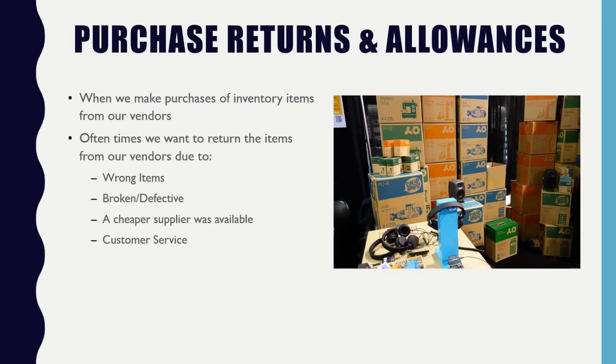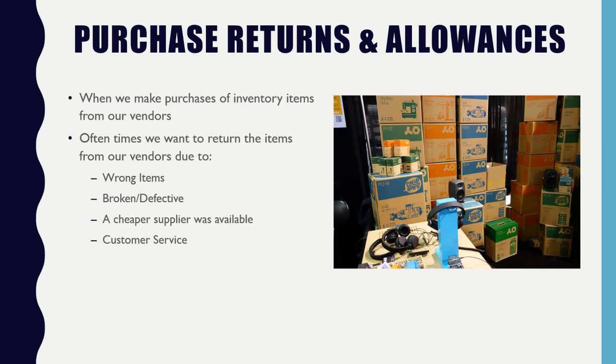So oftentimes when we do buy items in large quantities, you're more likely to receive either damaged items, it could be a defective item. It could be the vendor could have sent you the wrong item, because they're sending you large quantities at one time. So, obviously you're not the only customer, so they could ship accidentally wrong to you. Or maybe you actually found a different location that can supply you your items for a lot cheaper price.